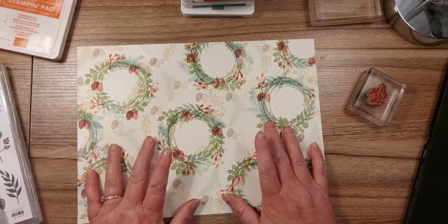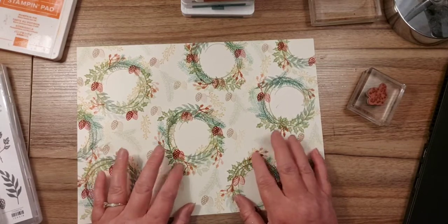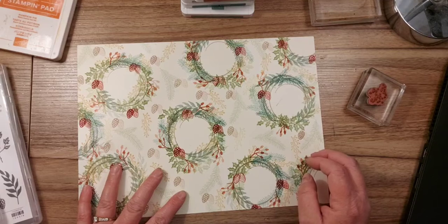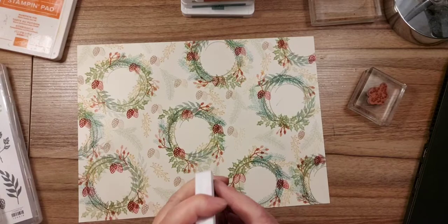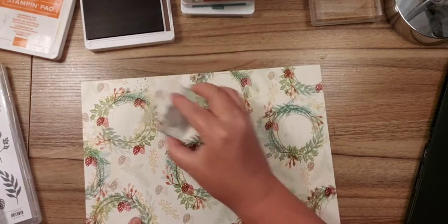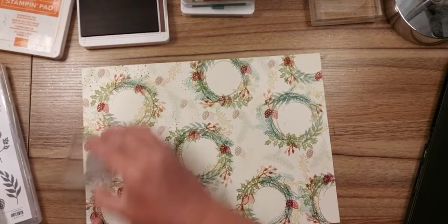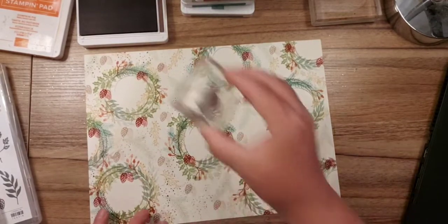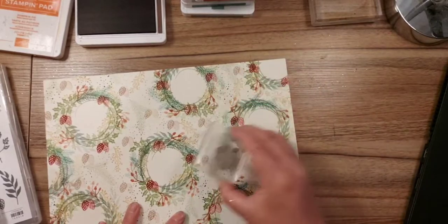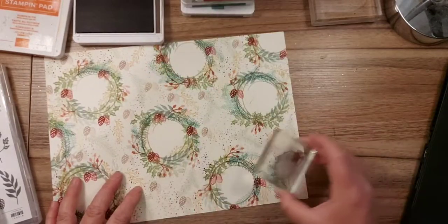So for this one, I am going to stamp some... What colour shall I do my sprinkles? I think we should do some Early Espresso, maybe? We're just going to have a go because otherwise I'll be here all night just choosing. Okay, so I'm going to do that, and then you can stamp one, two, three, four, five, six. You can get a lot of stamps off of the same, second generation. I'm just going around. I'm trying not to make them too like the really dark ones next to the really light ones. So moving it around, but I'm not stamping in the centres